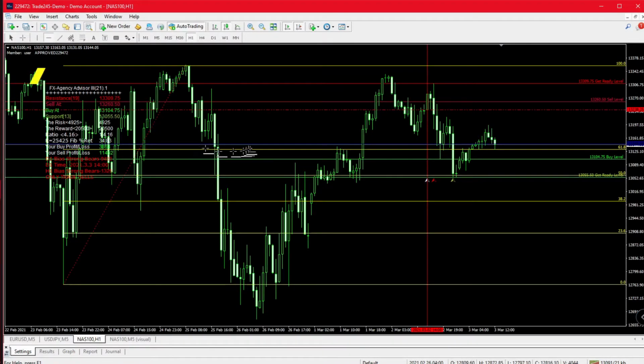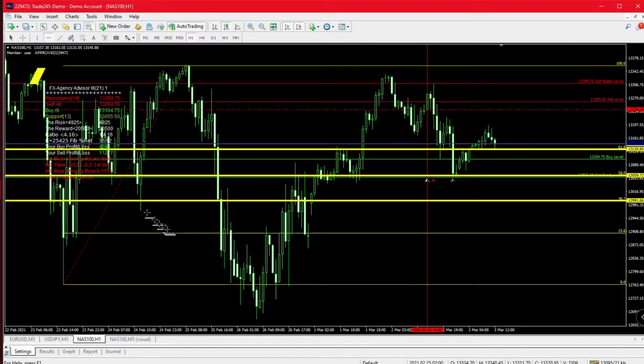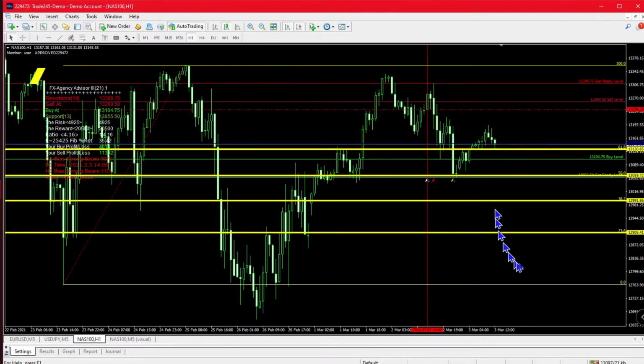That's why we are going to place lines at these areas. Okay, so these are our support and resistance lines that we'll be using to analyze this drop after it showed me